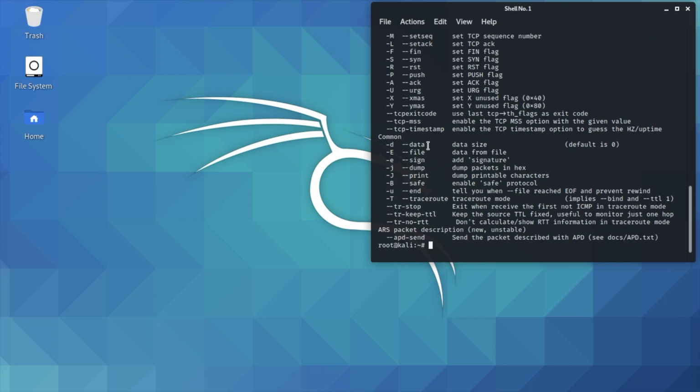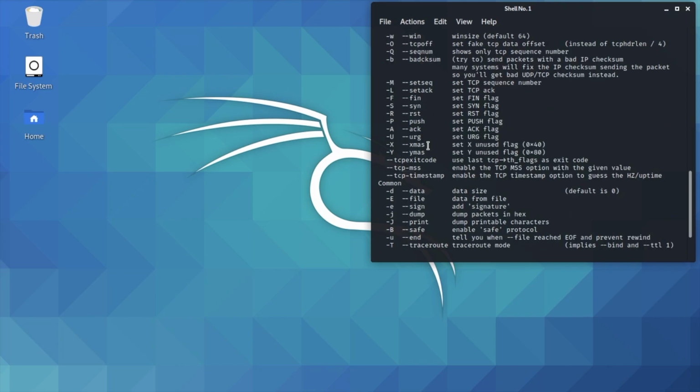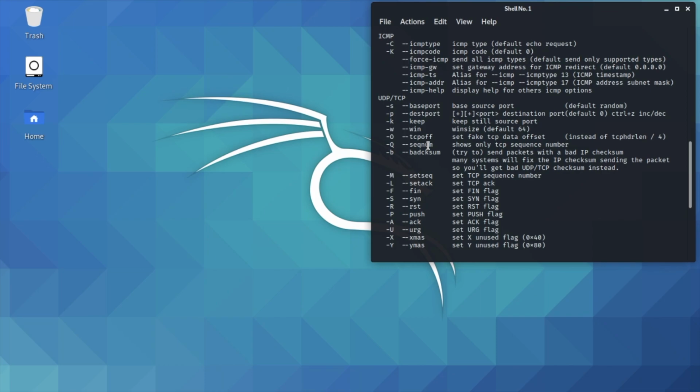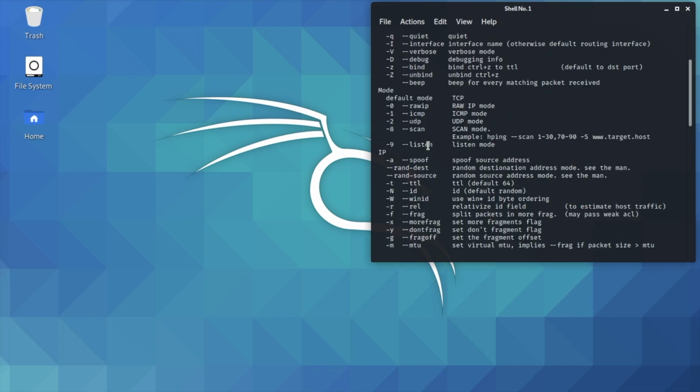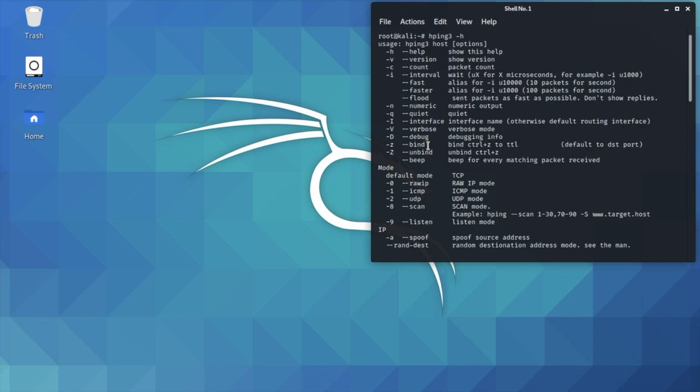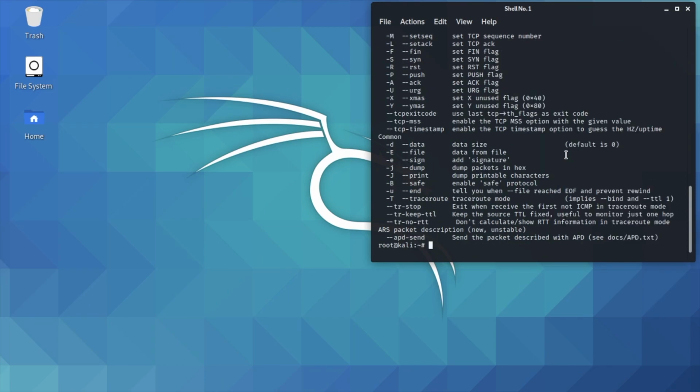There are some of the common commands which people use, and some TCP, UDP, ICMP and IP commands in various modes. You can see here that scan is for scanning the target machine to list down the listening ports. So I will use the scan command here.